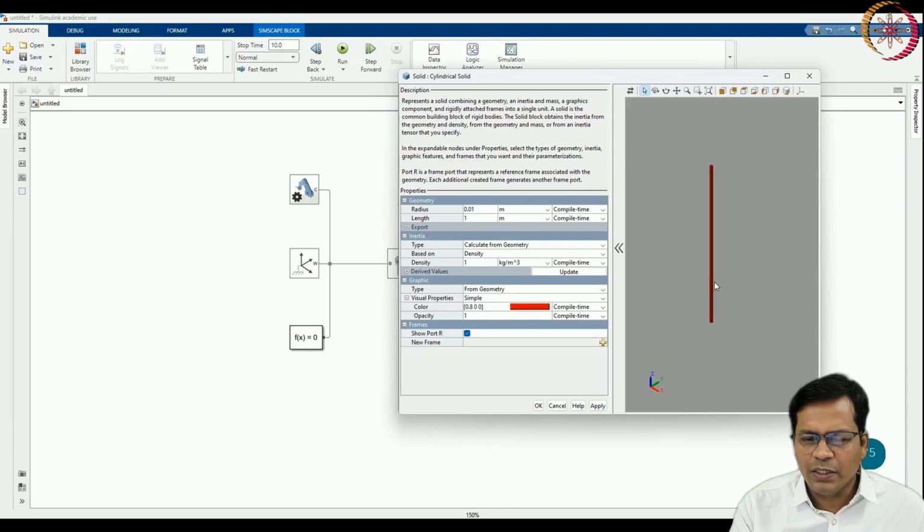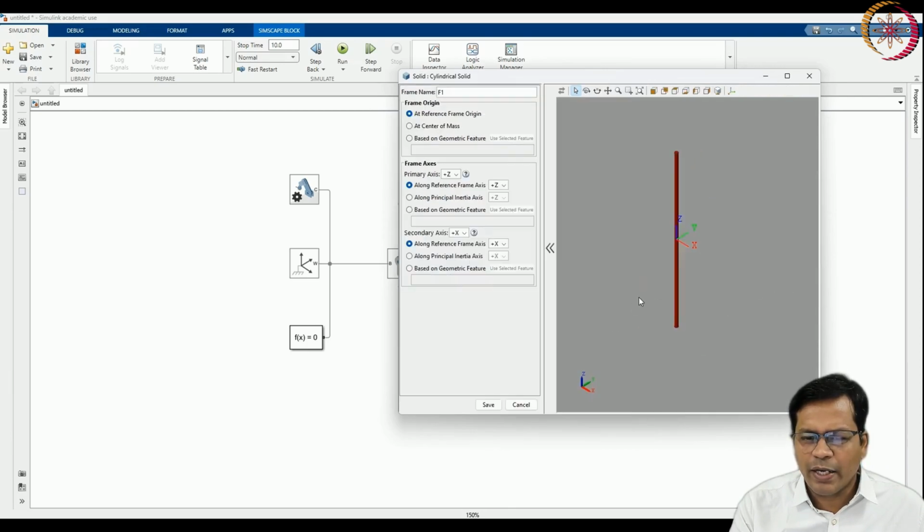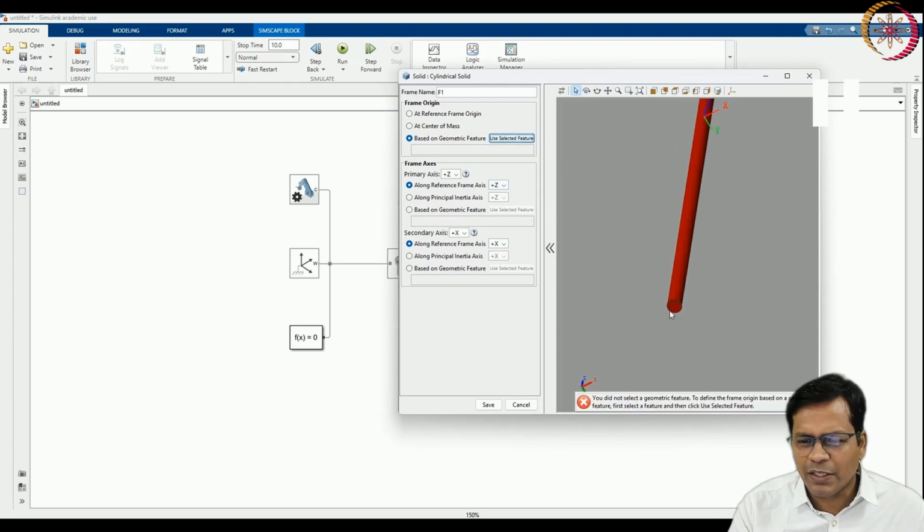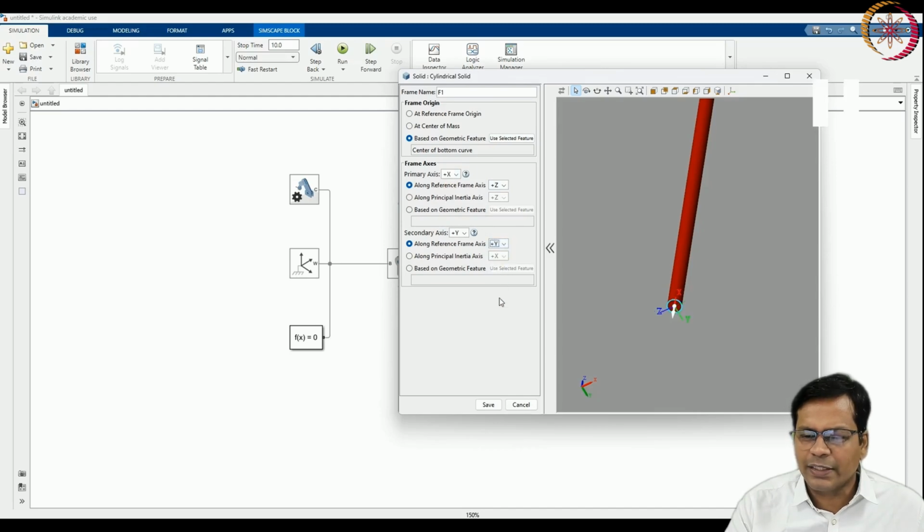Now I have shown the port where I will be connecting. So this is the frame that I am going to place. So I will put it based on geometry at the end of the link. So I have selected the surface here. Okay. And that direction I have set it as plus x axis along that direction.